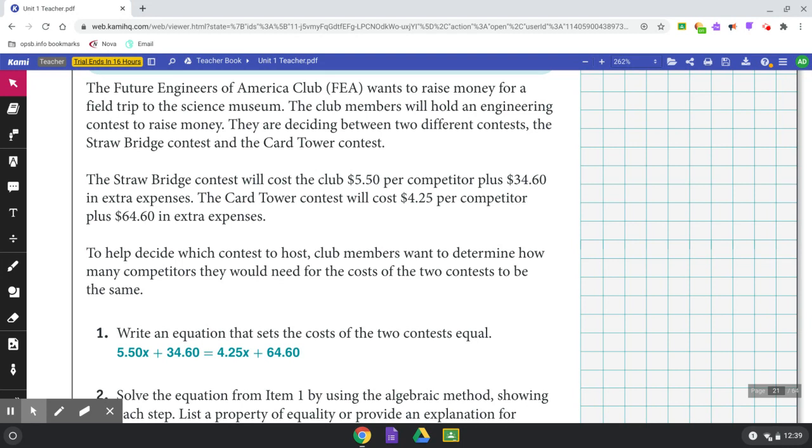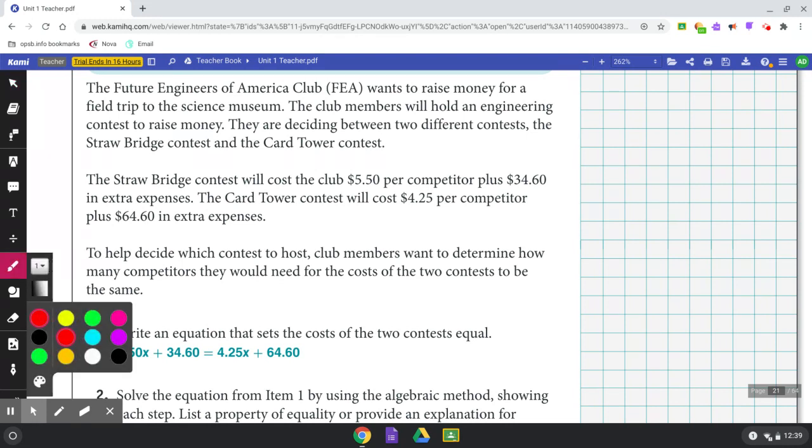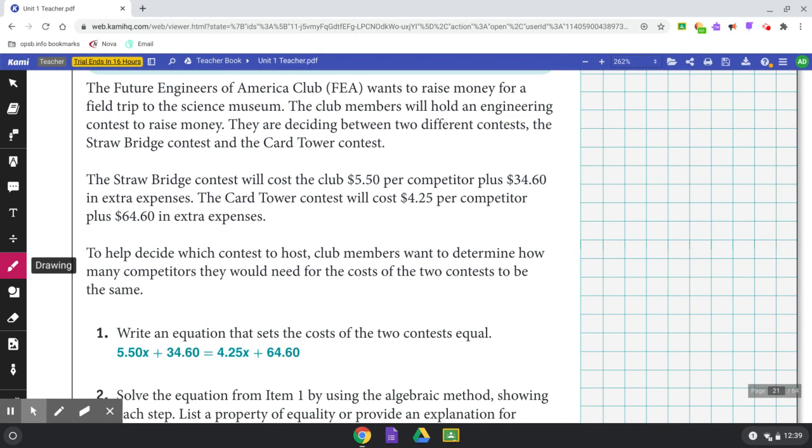So we're wanting to find out the cost of the Straw Bridge contest, the cost of the Card Tower contest, and see at what point they equal. Okay, so looking at number one, write an equation that sets the cost of the two contests equal. So if I look over here on the left side, let me get back to my pen. If I look on the left side of this equal sign that you see written here,